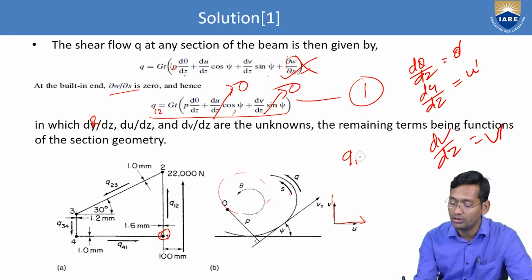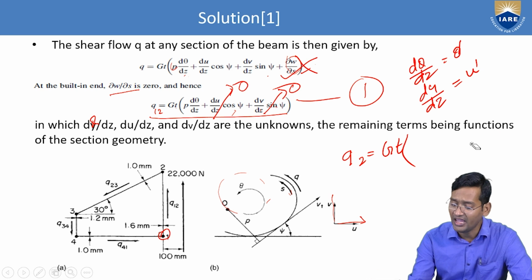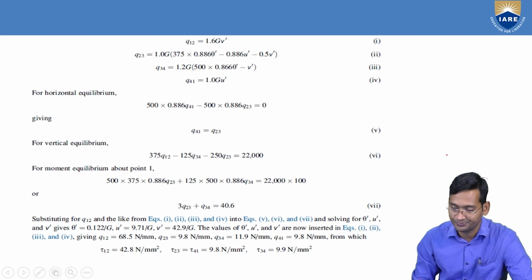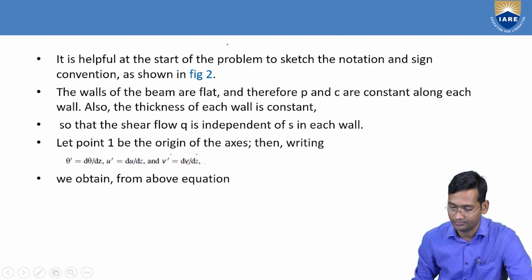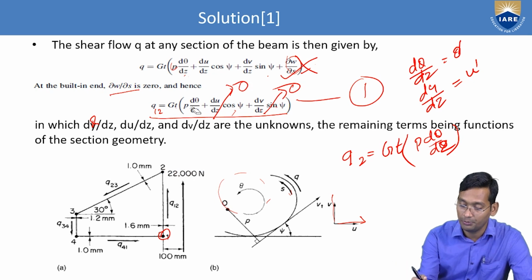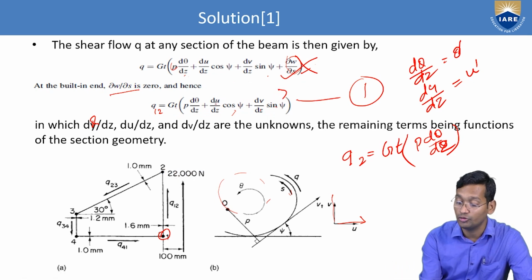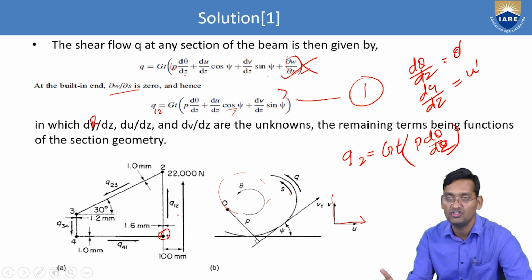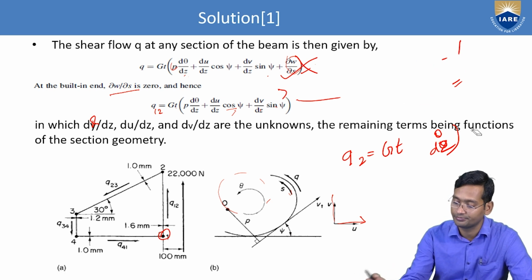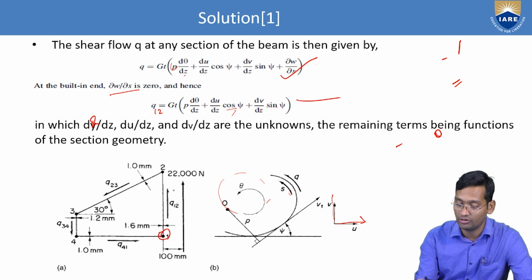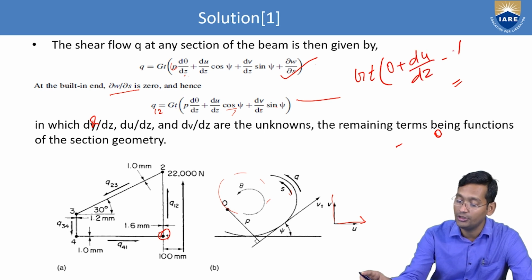So Q1 to 2 will be equal to G into T, and P d theta by dz. P will be 0 in this case, that is given, right? So du by dz cos. Just see, this is parallel, right? So the angle is 0 degrees. So put that value here. d theta by dz also is 0. So GT into 0 plus du by dz into